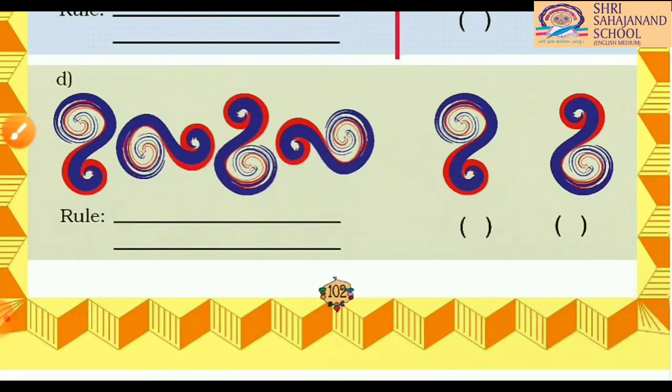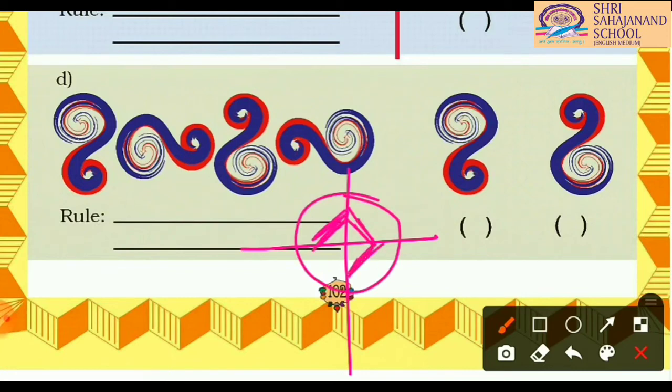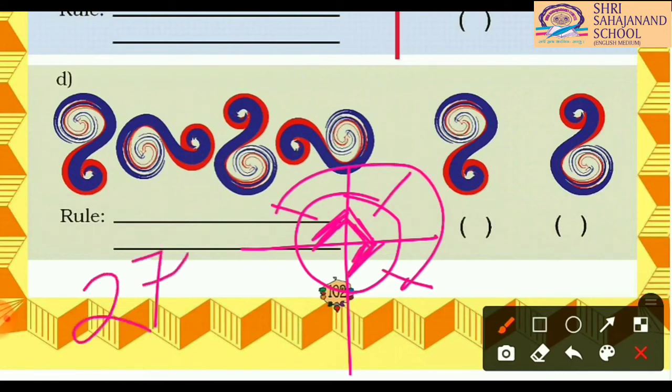So what will be the rule now? You can write turn 3/4 turn clockwise, or in degrees if you want to write. So 3/4 means how many degrees does it make? The whole picture is making 360 degree. Okay, but three turns, 3/4, 1, 2 and 3. So this is 90 degree, this is 90 and this is 90. So 90 times 3 is 270 degree. So now you can write the picture is turning 270 degree clockwise.